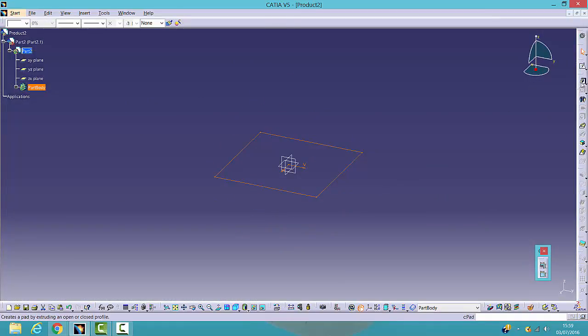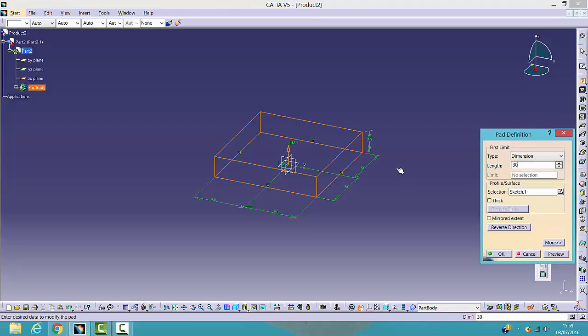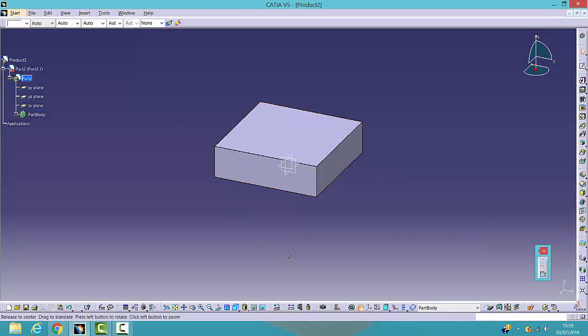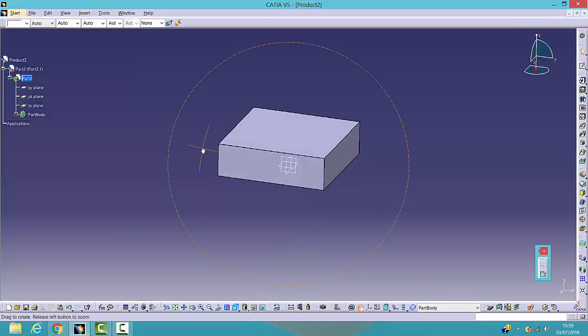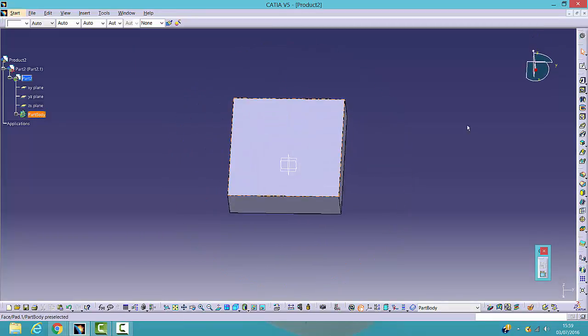Now the next thing we're going to do is we're going to pad this, and we're going to pad it 30 mils upwards. Click enter and you should come out with this. Now from here we can use 2 different options. We could use the pocket option or we can use the shell tool. Both of these do relatively the same things. Shell tool is normally used when you've got a basic object such as this square, and pocket tool is used when you've got, say, a curve, or you want, say, this to be less of a pocket than, say, this side. Both of them do the exact same thing, but in this instance we are going to use the shell